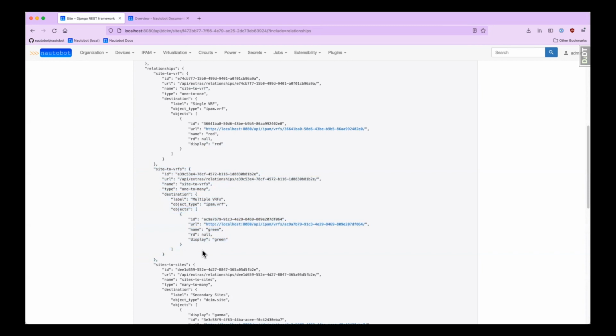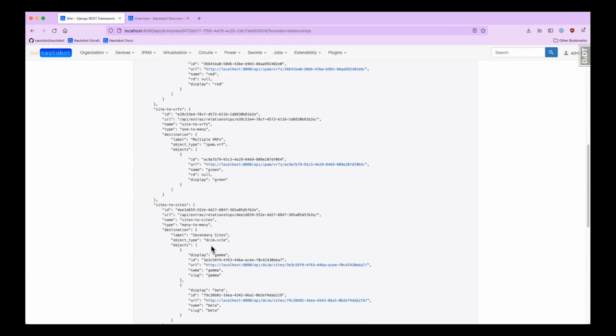Prior to this feature, this would actually be a separate API lookup you would need to do to get the relationship associations based on the model. By putting it all here in one place, you can immediately see this information, see what objects are related. And furthermore, you have the ability through the REST API to make updates directly to the associations on the object